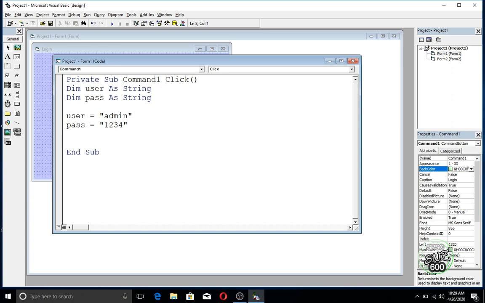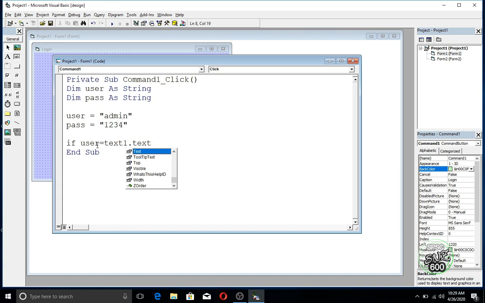For writing my processing code, I'm using if then else construct. So if the user value equals to text1 dot text, because user is typing the user ID in text box 1.